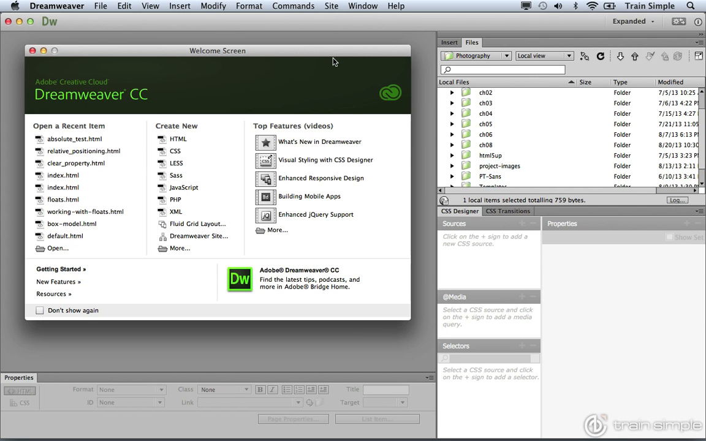Absolute positioning isn't something that you're going to use all that often, but on occasion you'll find a need to precisely place an element within your layout, and absolute positioning gives you the ability to do just that. So in order for us to take a look at an example of absolute positioning, what I'd like you to do is come over to the Files panel, and if you're still inside the photography website, you can come into